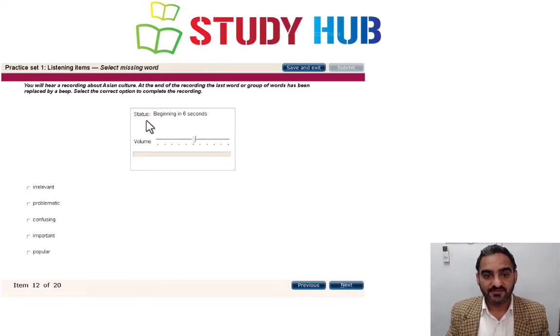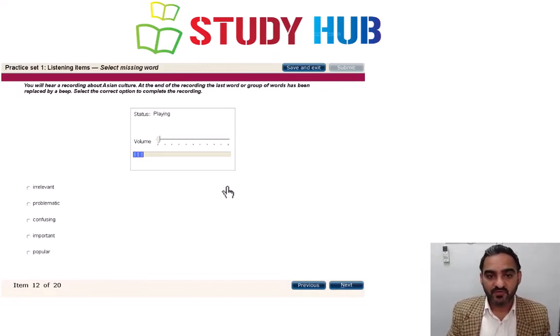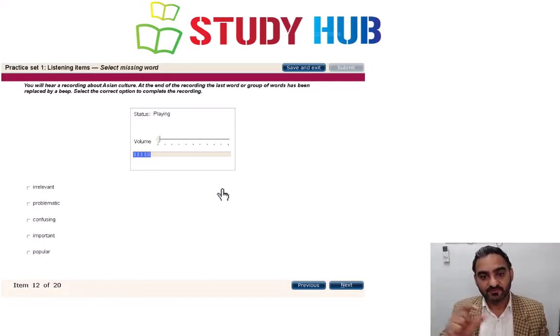Then we have got select missing word at the end. So you will listen to a lecture. At the end of the lecture, a word or few words will be replaced by a beep. For example, if I say, if you need to score high, you will have to work very, beep, so based on the context, understanding, you're going to select that word and it will be, right,